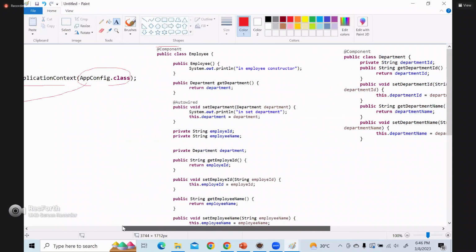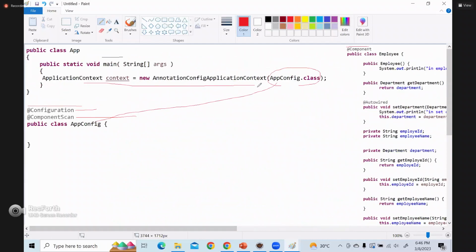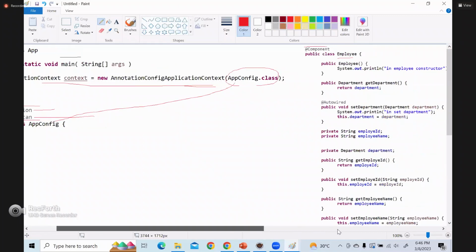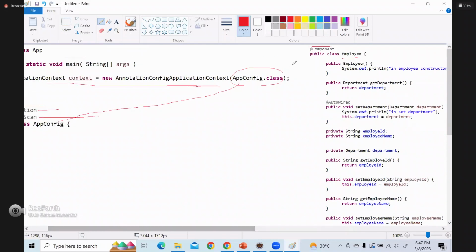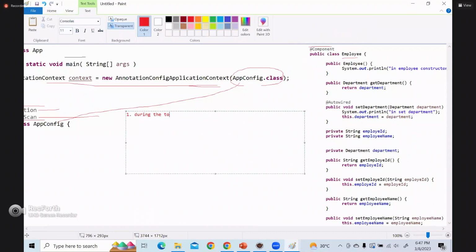So now what will happen? When this application context is getting created, it will scan for the components. Then by default, this is a singleton and this is also a singleton, right? It's because we did not put any scope here. And by default, they're eager loading also. That means eager loading means there is no lazy annotation. That means during the time of application context creation only,